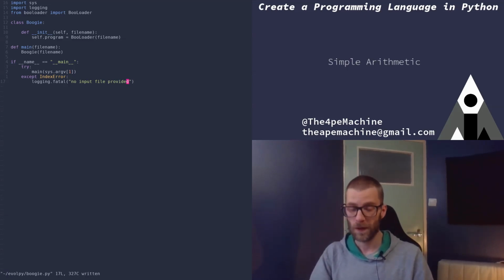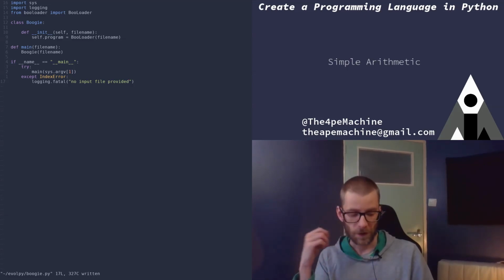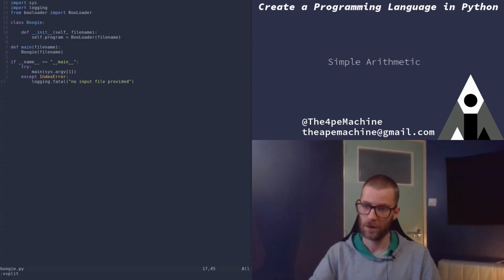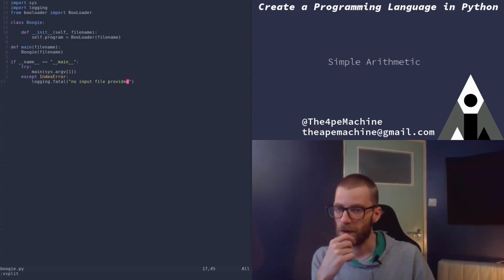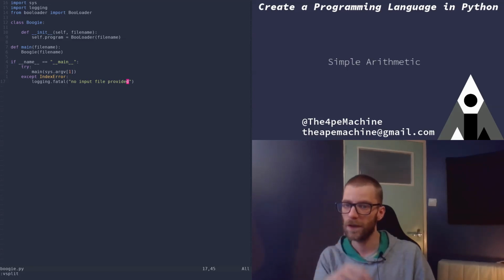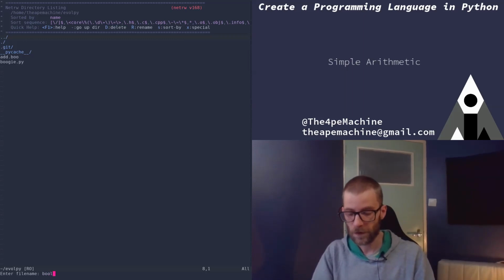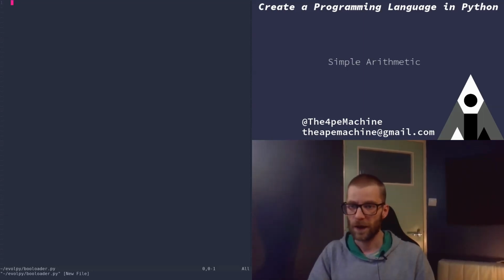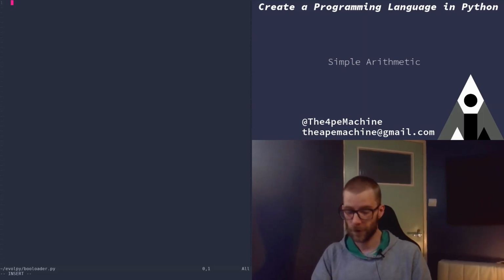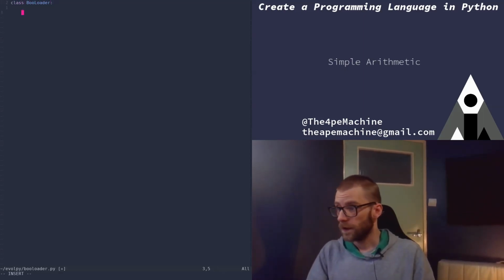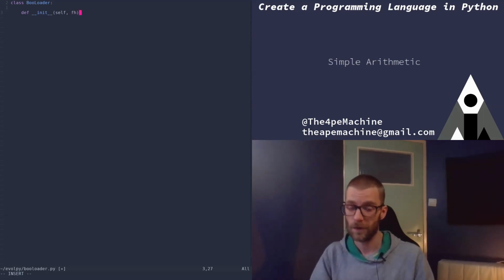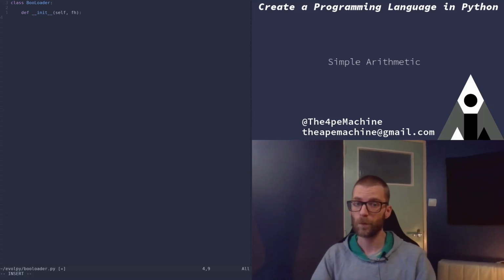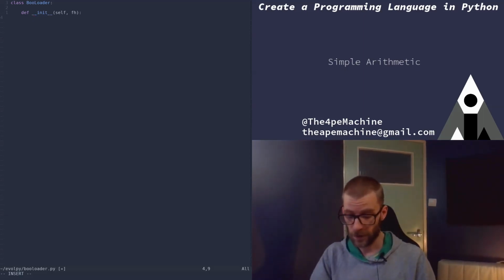Okay. We cannot run this code yet. Let me also split the screen so I know that I'm not going too far to the right, and you cannot read anymore. Right, so now we need to create that bootloader. So let's create a new file called bootloader.py, and let me go to my reference. So now bootloader is a class, which has an initialize function, our constructor, which has self and has the file handle that we passed in from our main function. So then what it will do is it will create a program by doing